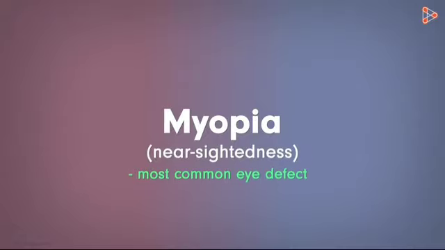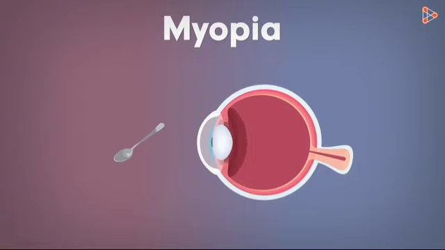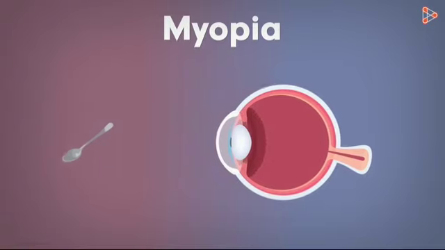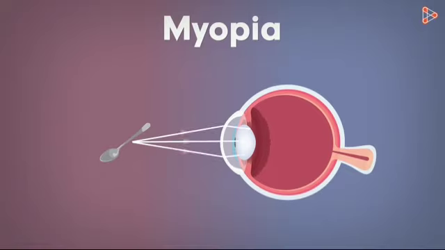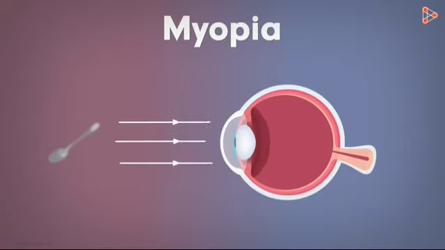The next, eye defects. First one, myopia. Myopia, also known as short sightedness, occurs due to the lengthening of the eyeball. With this defect, nearby objects can be seen clearly, but distant objects cannot be seen clearly. The focal length of the eye lens is reduced or the distance between the eye lens and retina increases. Hence, the far point will not be infinity for such eyes and the far point has come closer. Due to this, the image of distant objects is formed before the retina.